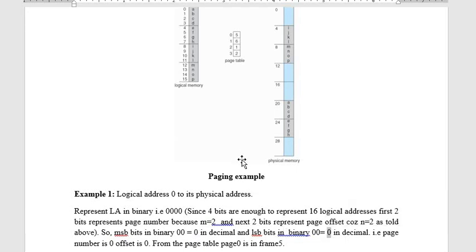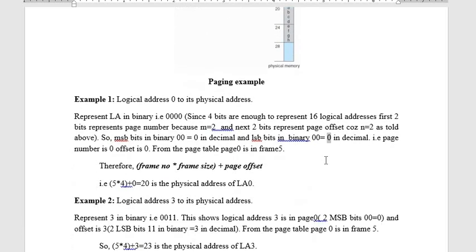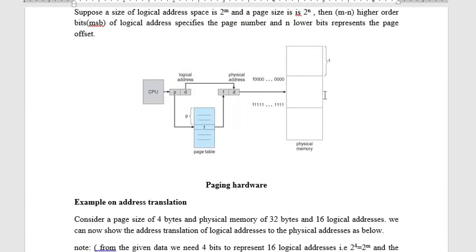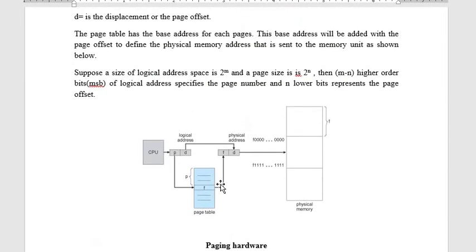So now look back to the page table. Page 0 is in which location? Look at the page table, use 0 as the index. So the 0 index matches with this. So page 0 is present in the 5th frame. So get the frame number, and according to the diagram, once you fetch the frame number, that gives the base address, and I need to add the offset to get to that particular location in the frame.